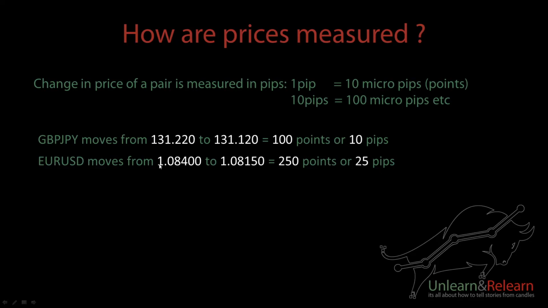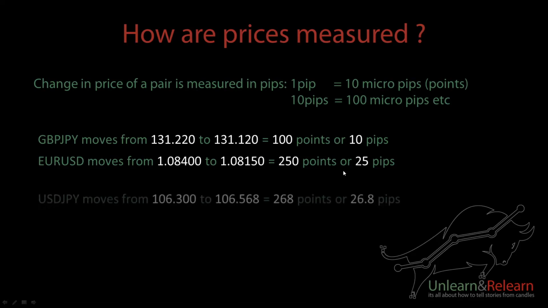Let's say I had a sell order at 1.08400 and price moved down to 1.08150. This means there was a change of 25 pips, so now I'm positive 25 pips. But if you had a buy order at this point, then you'd say, now I'm in negative